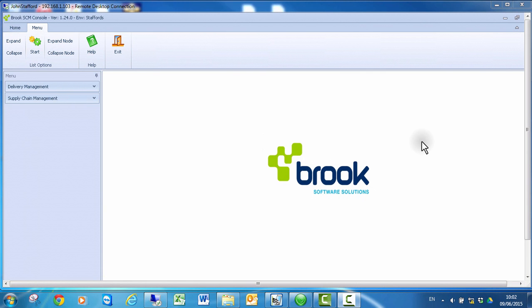Welcome to the Brook Warehouse Management System demonstration. Today I'd like to show you how we can connect Sage 200 via the Brook console onto a handheld device, whereby we will enter a purchase order through Sage 200, send it down via the Brook console onto the handheld, receive the goods in and send the information back via the console into Sage 200, and how that is such